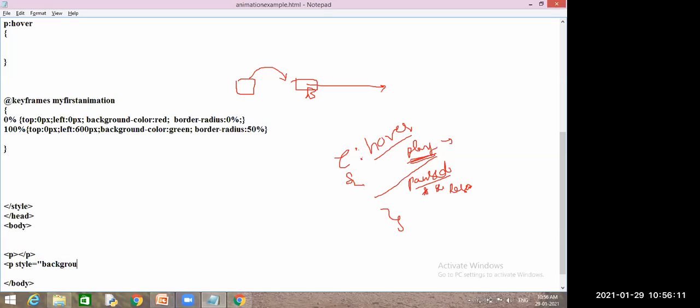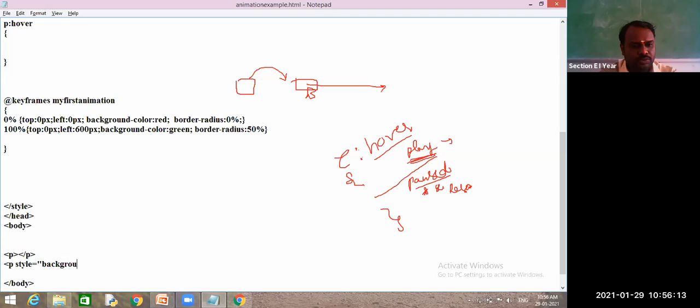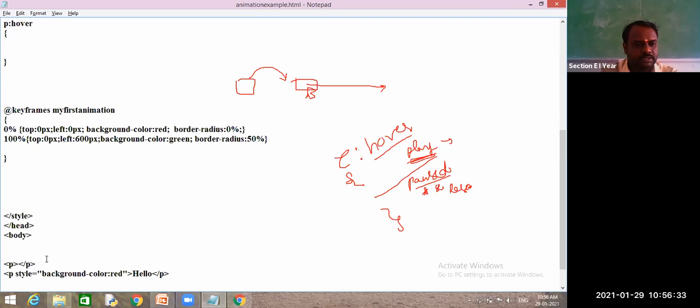Background color. Background color to red. Default this one. For paragraph. Hello is the default color, and this I will change for another element, H1.